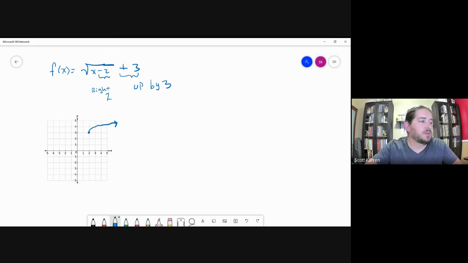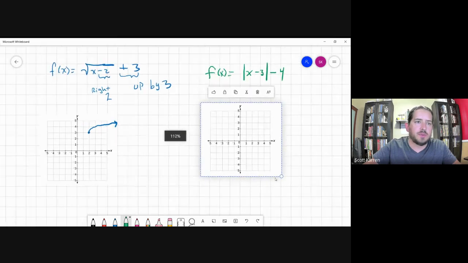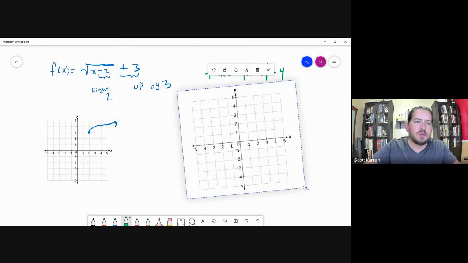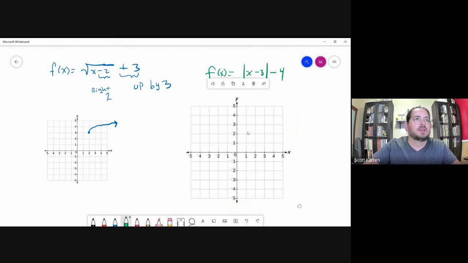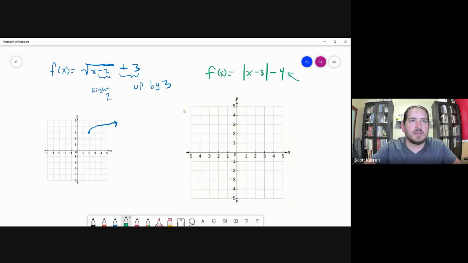Let's look at the graph of the absolute value of x minus 3 minus 4, right? So again, I know what the absolute value looks like. That's the V-looking function, right? Maybe I should make these bigger. I don't know. Will that help? I guess we'll find out. And straight. So I know what the absolute value is, but here I'm shifting this in the down direction